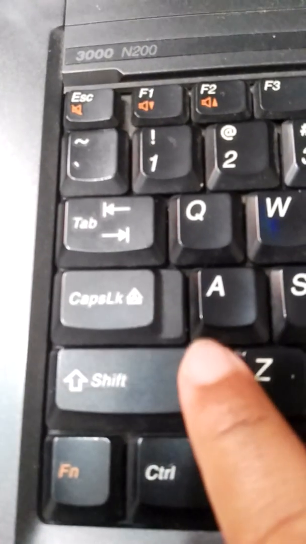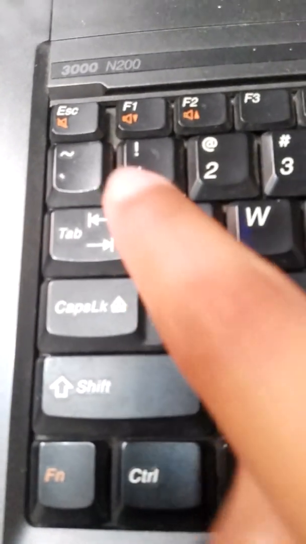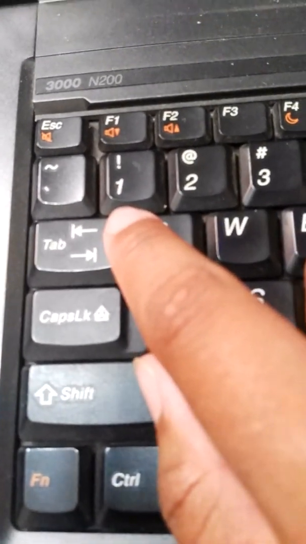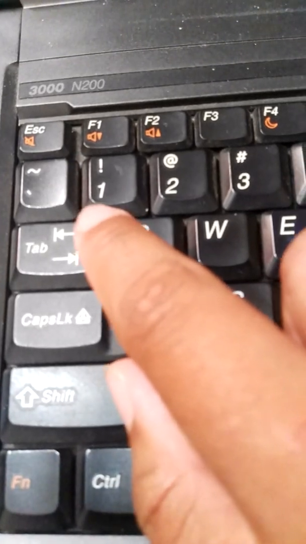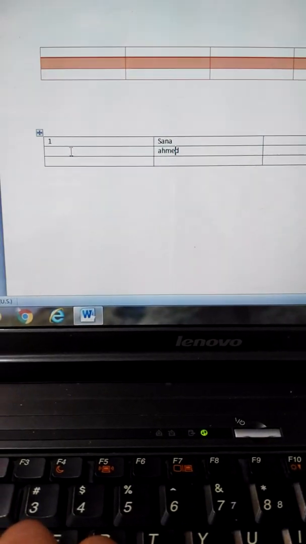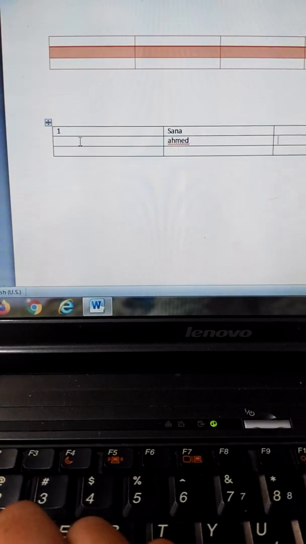Here you can see this one is the shift key and this is the tab key. We will press them together to move back to the previous cell.